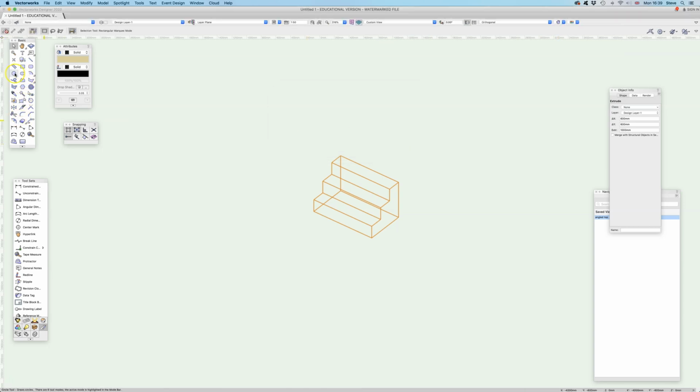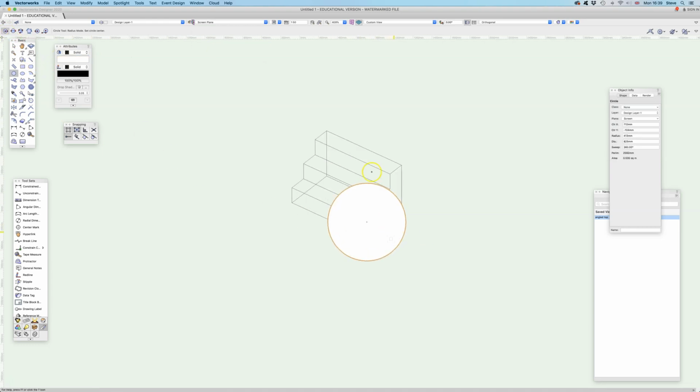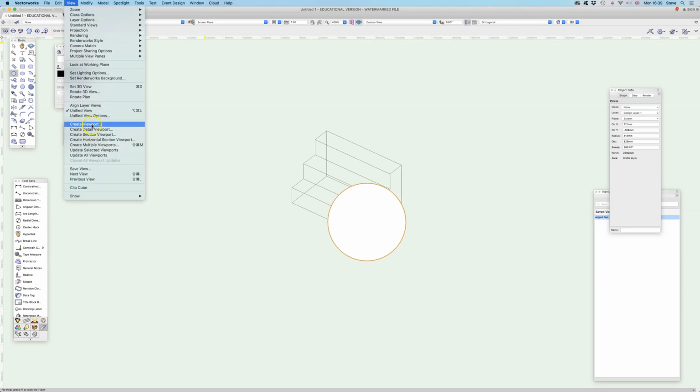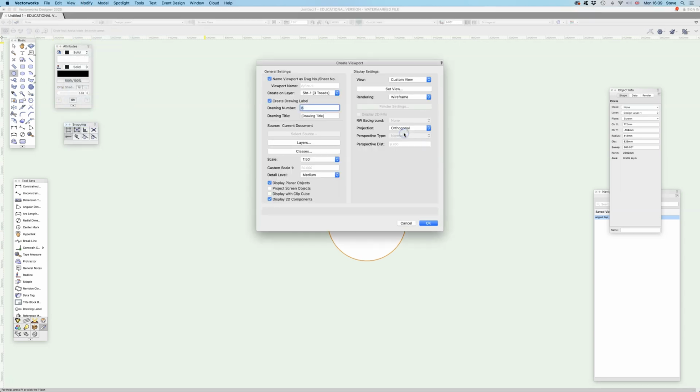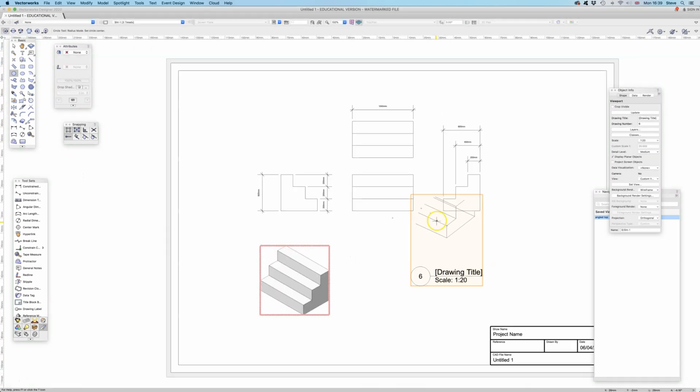And I'm going to do a custom viewport. So remember we talked about screen plane. So I'll choose screen plane here. I'm going to choose a circle, radius, and I'm going to zoom into that corner there, and then go view, create viewport. Yes, I want it to be a crop, and scale, we're going to make that a bit smaller, make that 1 to 20 maybe, see what happens. So there it's coming